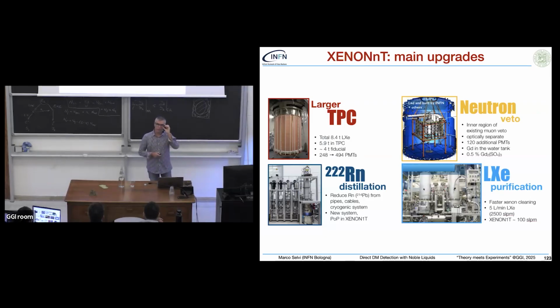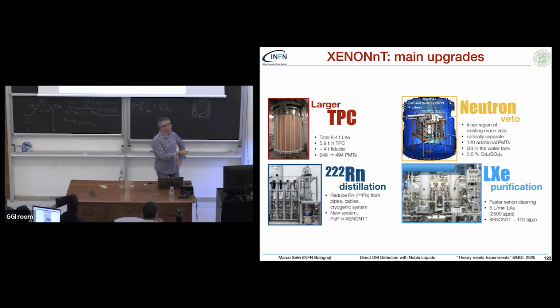So we had a larger, this is paradigmatic for any step that you make, so we increased the TPC. This is the first point. For instance, with respect to XENON1T, it was 3 times larger in the sensitive volume. Also, the number of sensors increased by a factor of 2, roughly. Now we have about 500 photosensors divided between the top and bottom of the TPC. Together with this improvement in mass that aims to increase the exposure, there were other